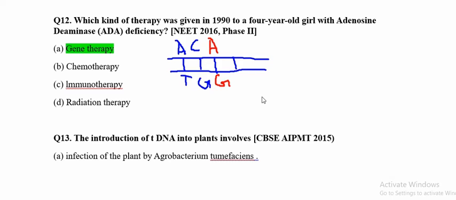So this is a mispair, an error. This kind of error leads to some kind of disease, which is found in a 4-year-old girl with adenosine deaminase deficiency. It's a genetic base pair deficiency. This kind of deficiency can be corrected by gene therapy. What does gene therapy do? Gene therapy removes this segment, removes this base pair, or substitutes this base pair,